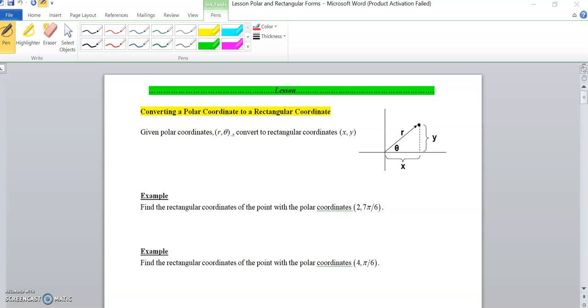We've got our second lesson of Unit 6 here. It is about converting between polar and rectangular forms of the same point for an equation. So I guess to start off, we're going to look at this graph, if you will, over here on the right-hand side. What we've got is, if you could imagine this point, we have our origin,